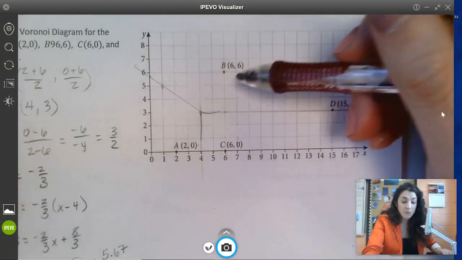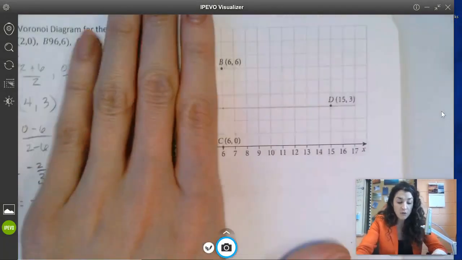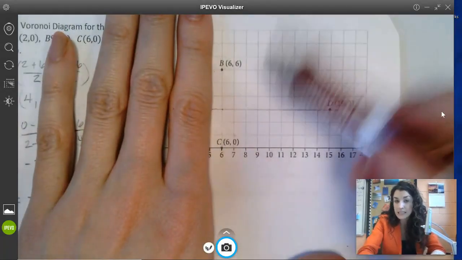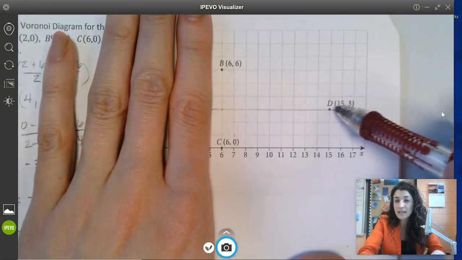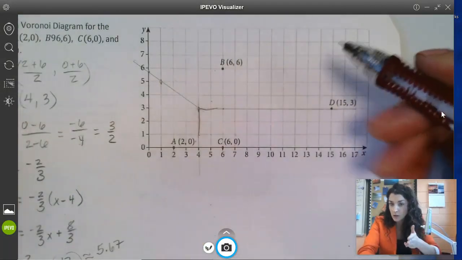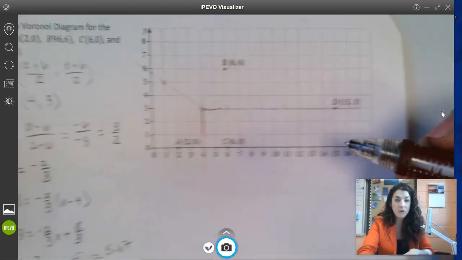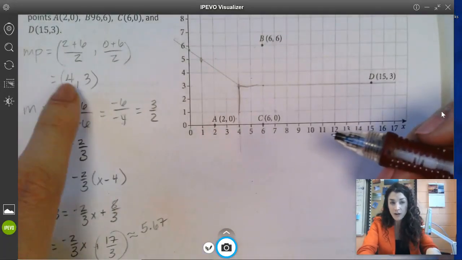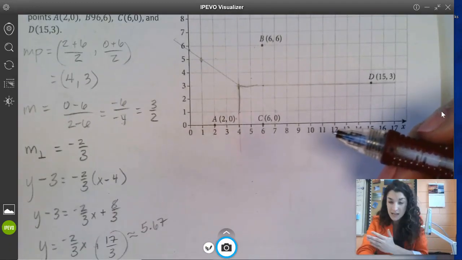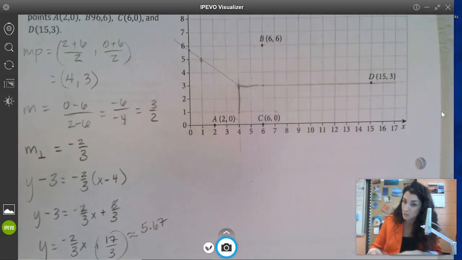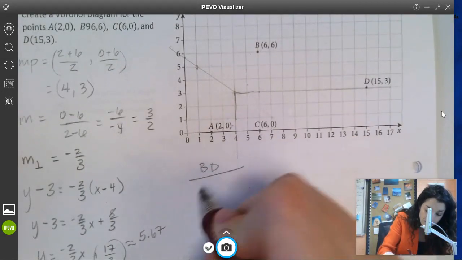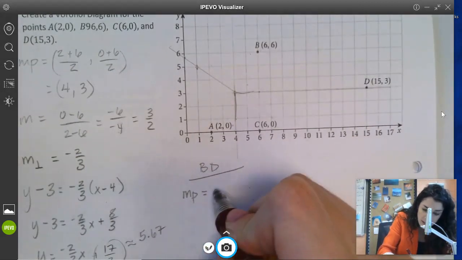So I want the perpendicular bisector between all 3 of those points. Well, I have the perpendicular bisector between B and C. Fantastic. C and D and B and D are not easy, horizontal or vertical, but all we need to do, as we figured out previously, is just find the midpoint and just find the perpendicular slope, and we don't actually need to make the equation unless we're asked to make the equation. So for BD, the midpoint is